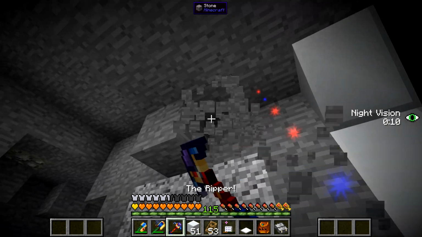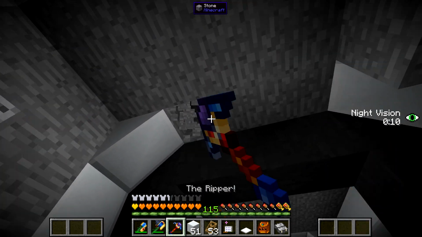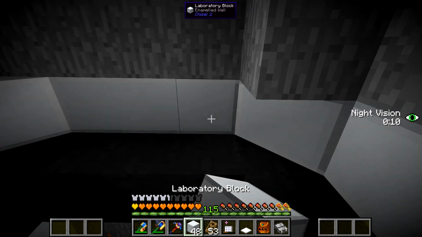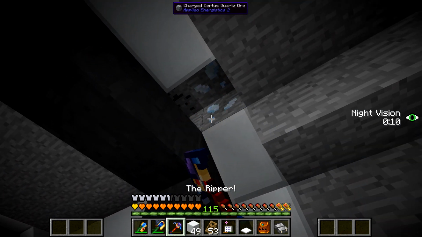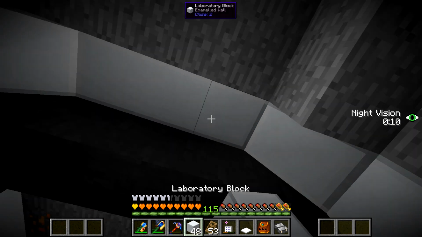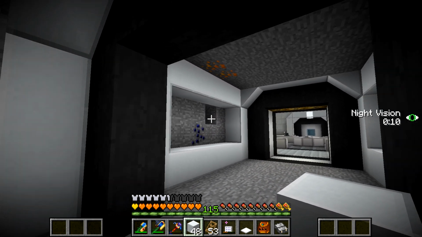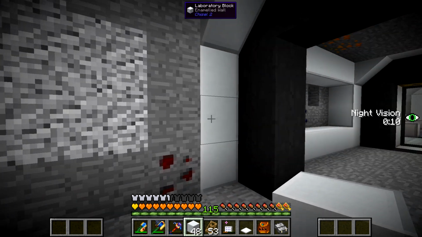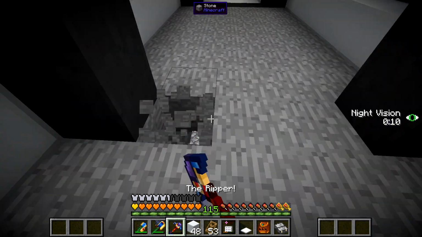By the way, thank you so much for all the positive feedback on the lab. There have been also a lot of... What is that thing over there? Is there something inside this block? Nope. Okay, that's weird. There's also been a lot of awesome suggestions for what we could do with the lab,